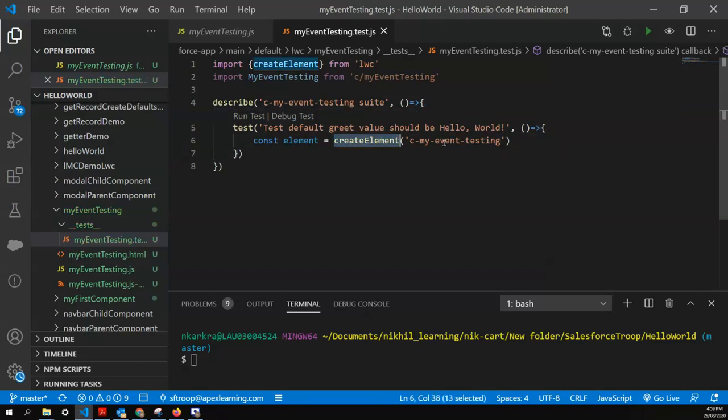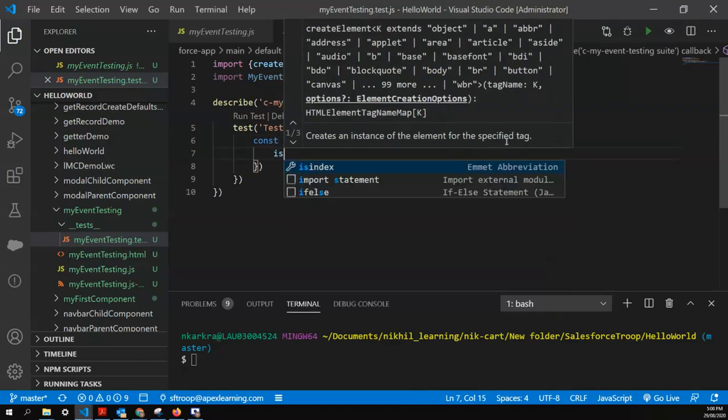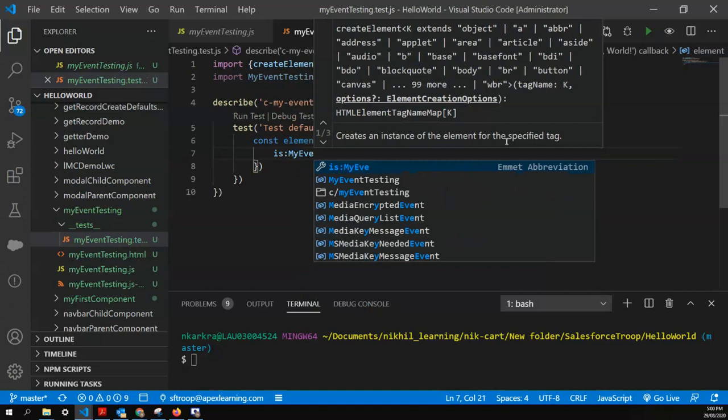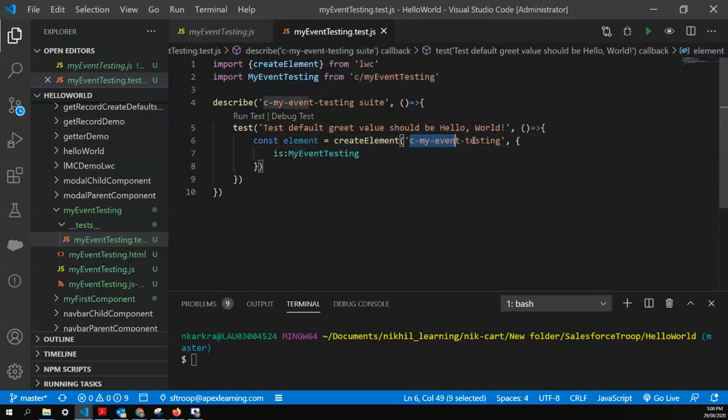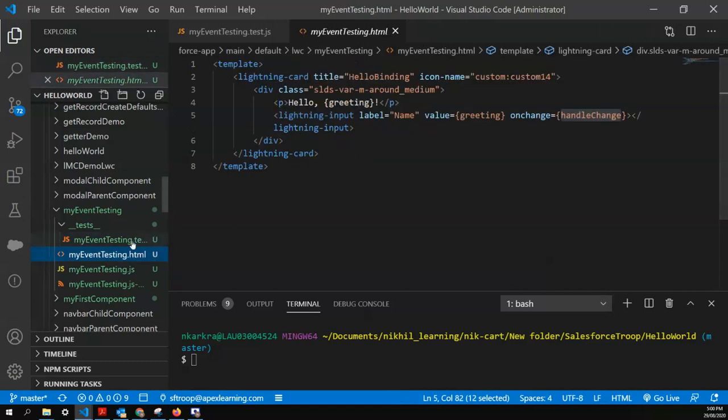So we are saying create an element of c hyphen my hyphen event hyphen testing, and once the element is created, load the myEventTesting HTML inside this tag. So it will create the c hyphen my hyphen event hyphen testing tag, and it loads the myEventTesting HTML into it.